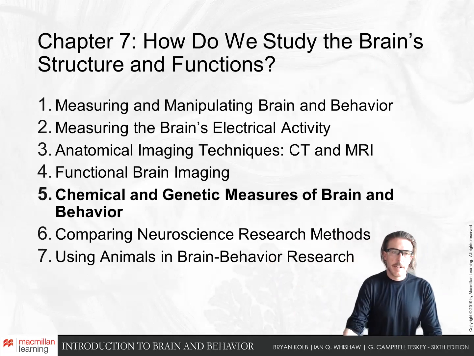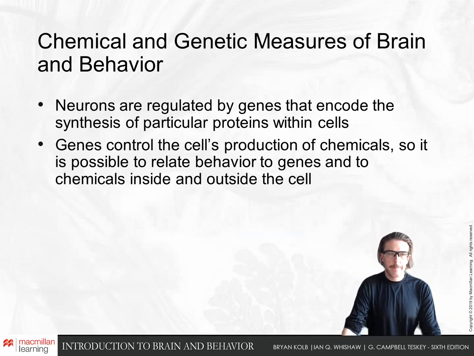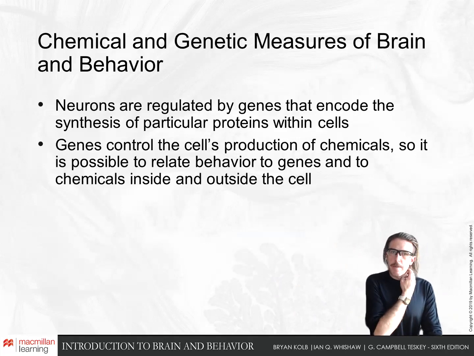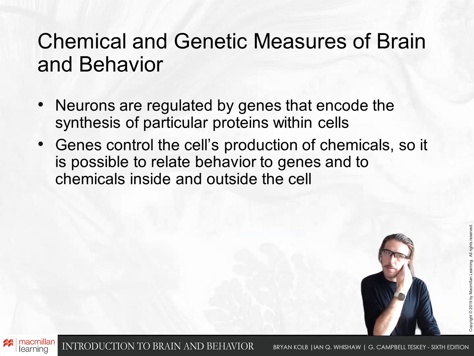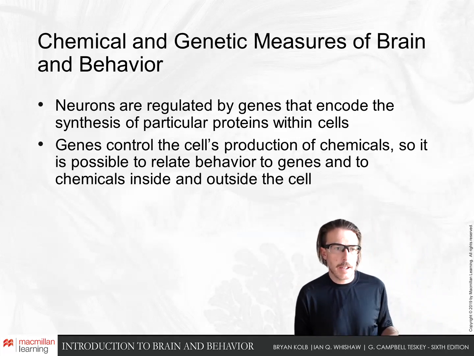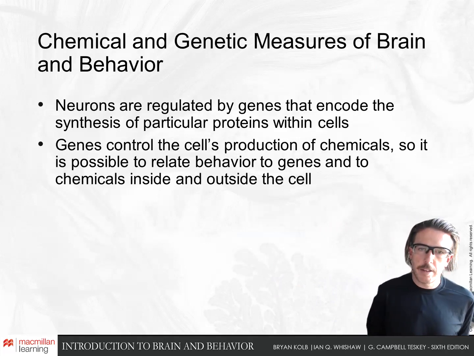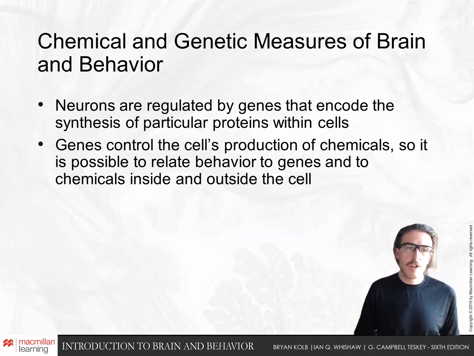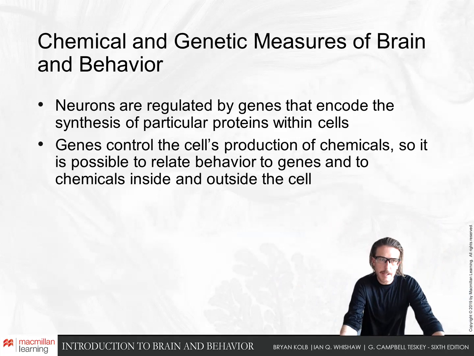Next, we'll talk about chemical and genetic measurement of brain and behavior briefly. As we know, neurons' activity is regulated by their genes because genes encode all these proteins to be synthesized within the cells, and then different receptors on the outside of the cells, different shaped cells. So genes can control the cell's productions of chemicals as well, like the amount of dopamine they might produce. So we can possibly relate behavior to the genes that create these changes and to the chemicals inside and outside